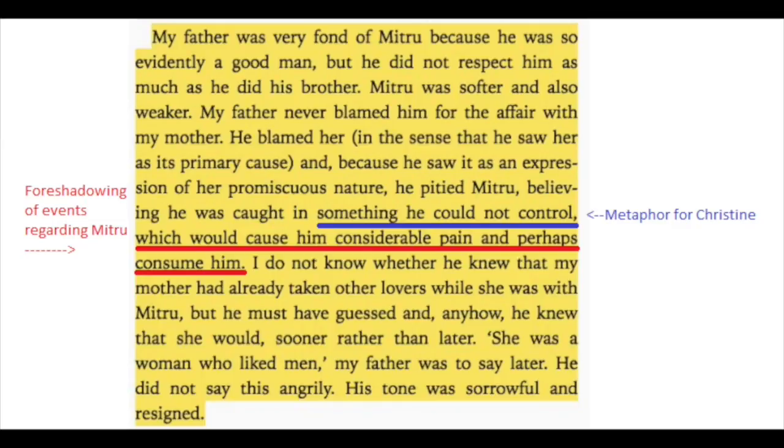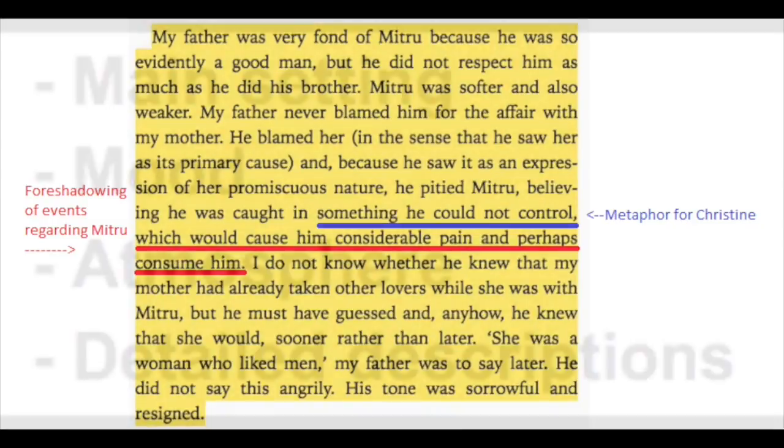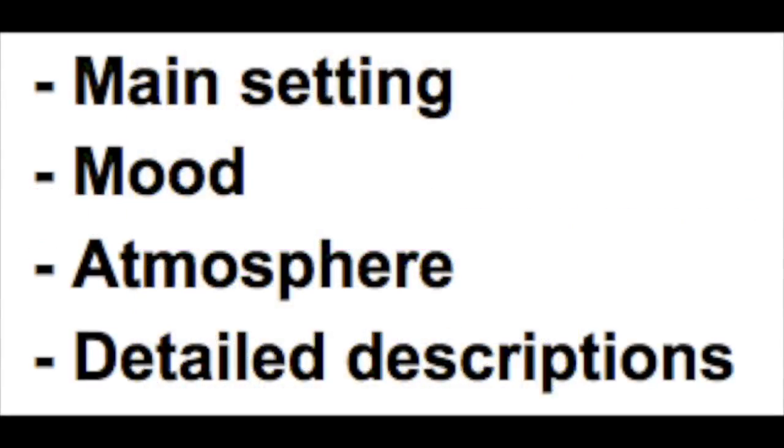In regards to the concept of belonging, this extract and the techniques used in it express the negative side of belonging and how trying too hard to fit in could make things work but can be negative, which is later shown through Mitru's death. When it comes to analyzing a setting within a text, you would have to consider the